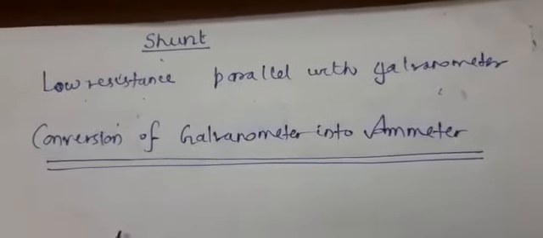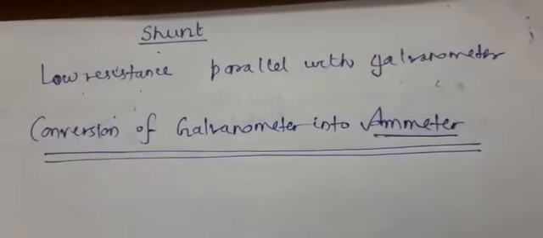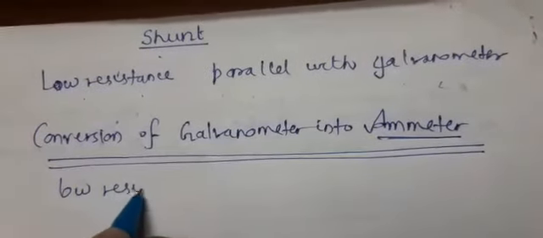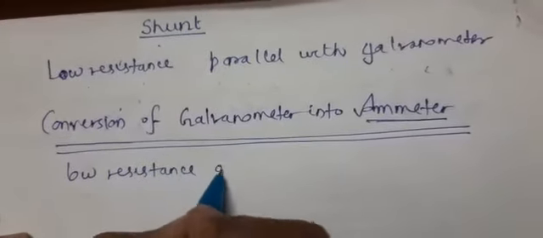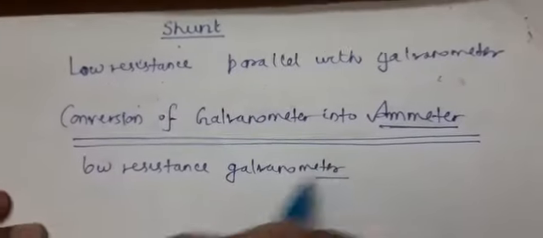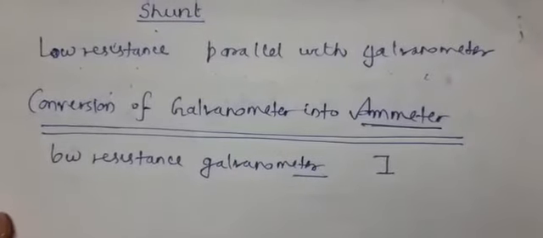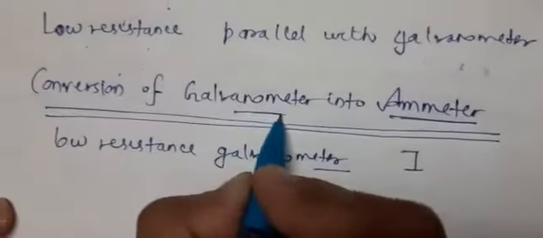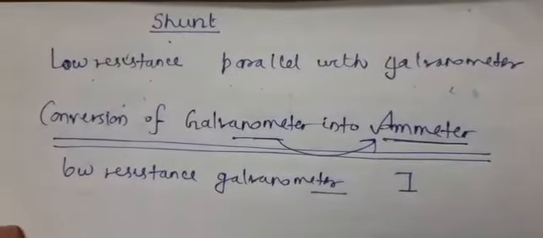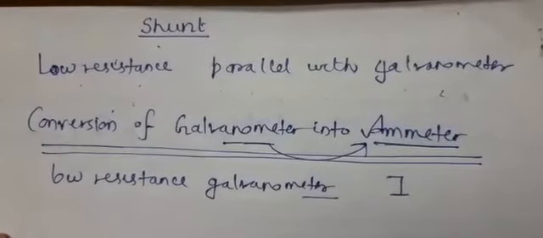So what is an ammeter? What is the purpose of an ammeter? To measure current. So an ammeter is a low resistance galvanometer. It is used to measure current in the circuit. Now how can this galvanometer be converted into an ammeter? This can be done by connecting a low resistance, or you can use the word shunt,